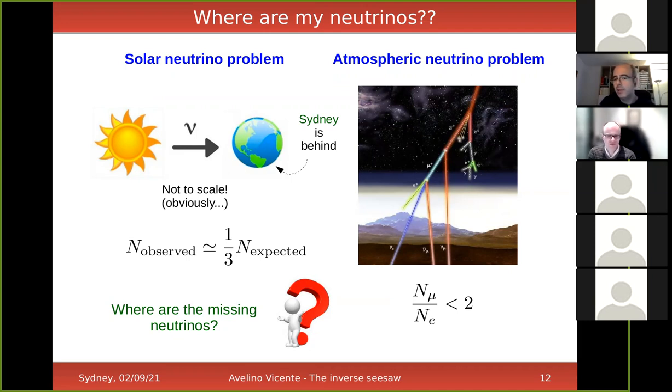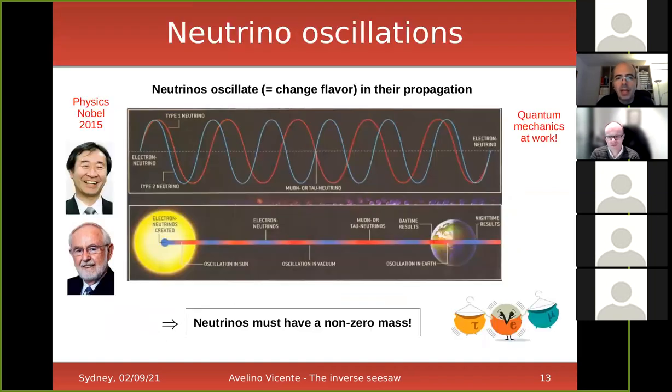Similarly, if you look at neutrinos produced in the atmosphere, you see that the neutrinos do not follow the expectation. For instance, you would expect that for each electron neutrino, 2 muon neutrinos should be observed, due to the number of neutrinos that you expect from the typical pion decay. And again, this was not observed. This was another problem. So where are the missing neutrinos? This was a question that people were asking themselves for many years, actually, for many years. And the answer is now very well known.